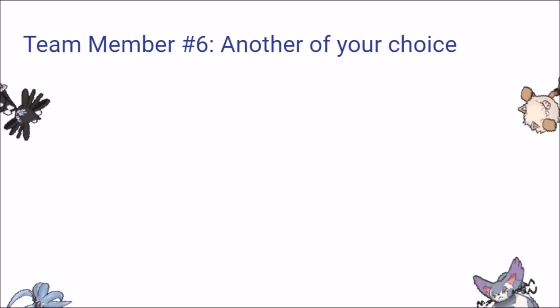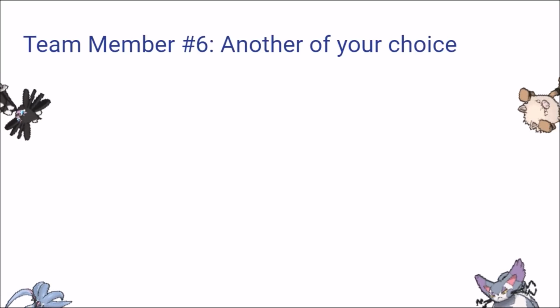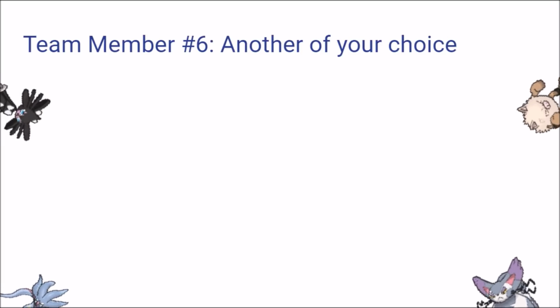Team member number 6, another one of your choice. This one can be any of the above listed Pokemon. Pretty much what you just want to keep in mind when choosing it is keep a good physical special split, make sure your team is balanced, and don't stack up too many of the same type unnecessarily on one team,